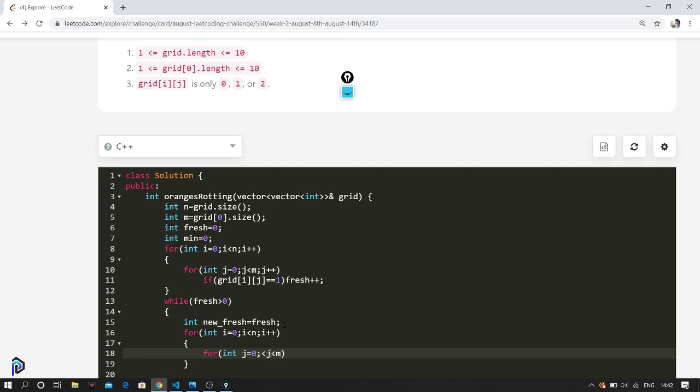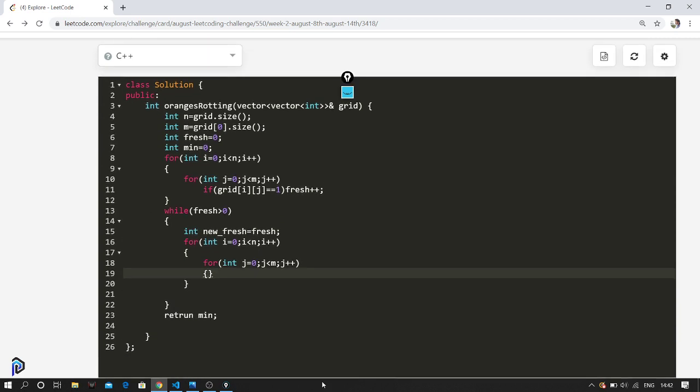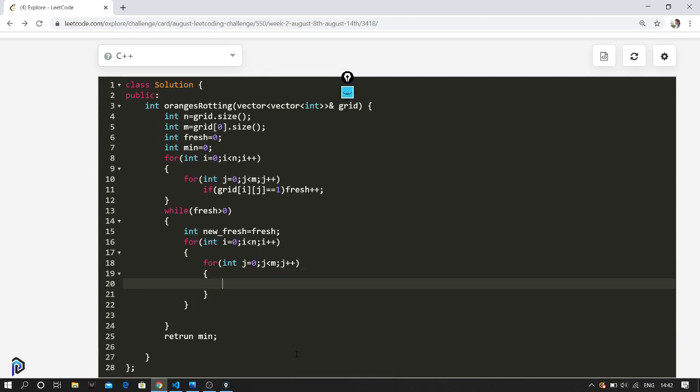I'll explain it more clearly when we go through the dry run example. So we iterate through, and we check if a of i j is equal to min plus 2. Initially the minutes will be 0, so in the first iteration we check whether we can find 2. That's what we are trying to do.